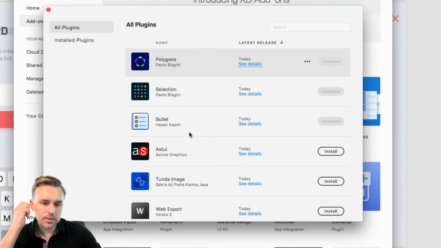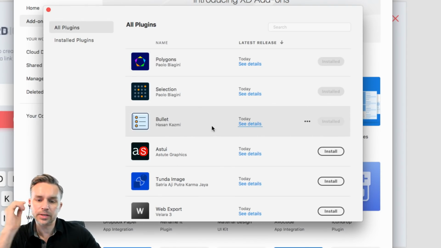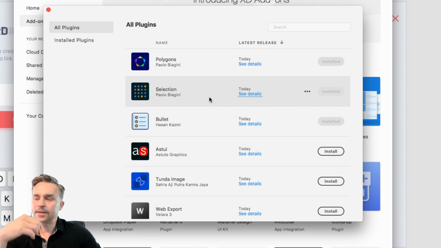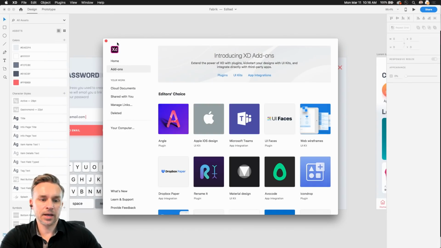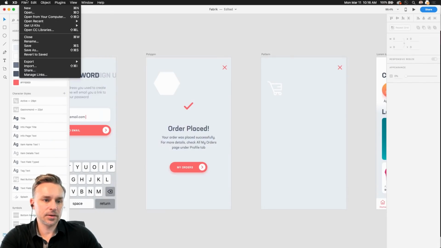A lot of these are really straightforward, right? You probably know what Bullet does, right? I think selection is fascinating, right? So imagine a case where you went through, maybe you created a bunch of icons or a bunch of assets, and you need to change them all, and you need to select them in certain ways. Well, that's what selection does. It's really cool, and I'm going to dive into that right now. Let's go ahead and